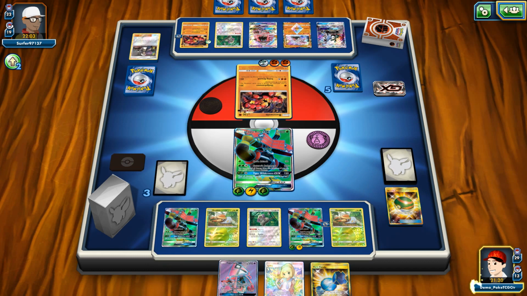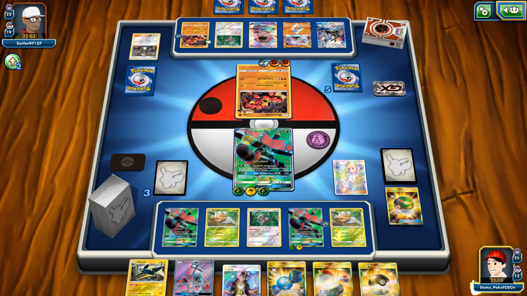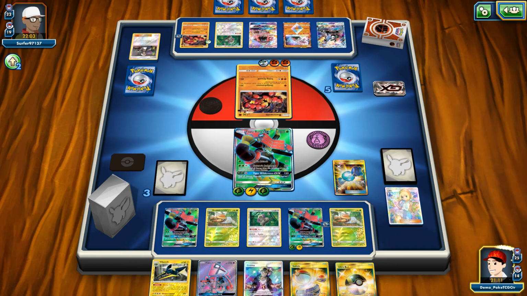I'm actually gonna risk here with the Lily. Lily for 4 sounds like a good idea. If I can find Ultra Ball or Vikavolt, I can put another Vikavolt in play. So that's insanely powerful